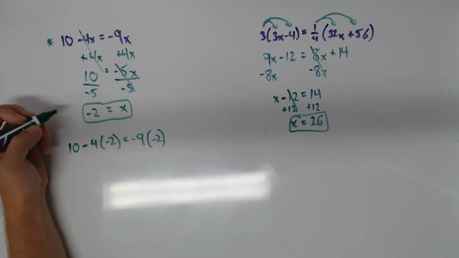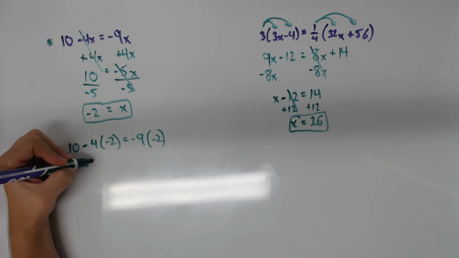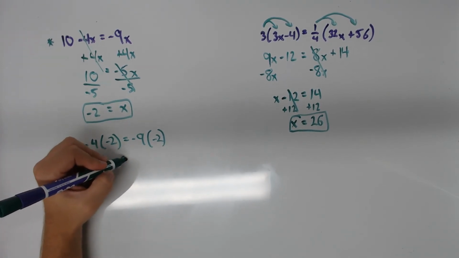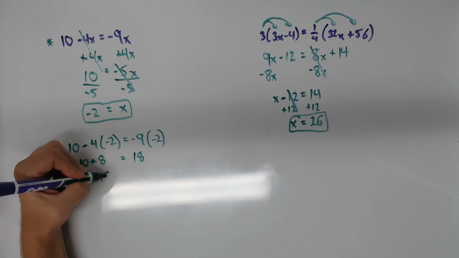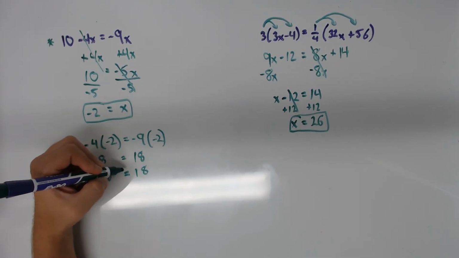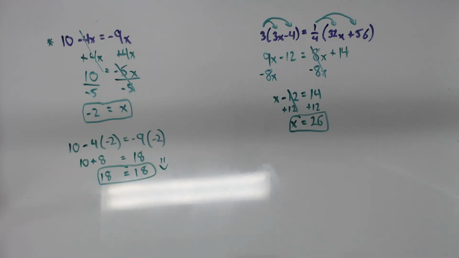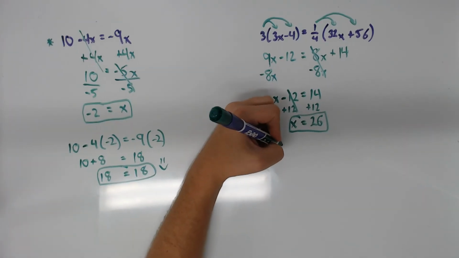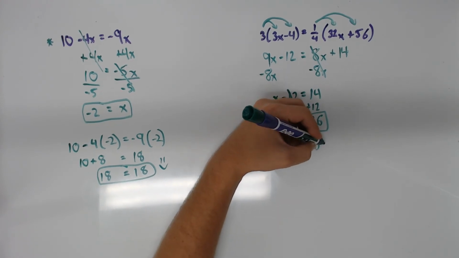Minus 4 times minus 2 is a positive 8. Negative 9 times negative 2 is a positive 18. 10 plus 8 is 18. That one checks out. Smiley face. How about over here? Gonna have to do some bigger multiplication because I got a bigger number sitting in front of me, but